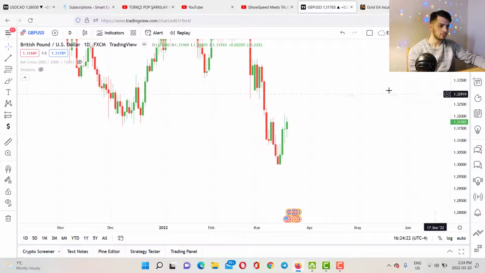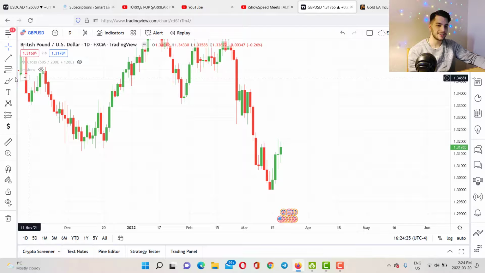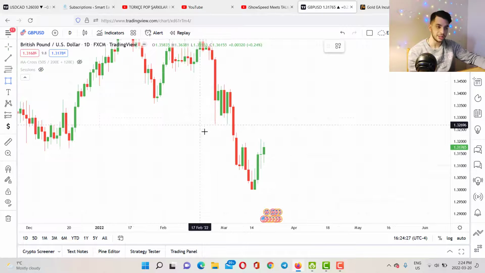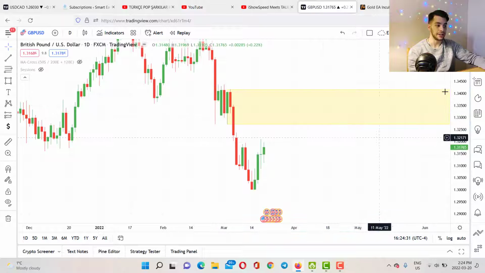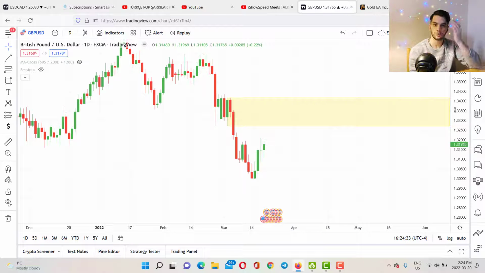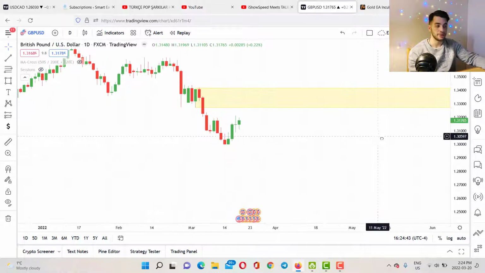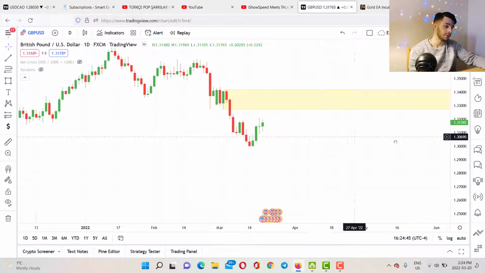But on daily time frame, I can see a high probability supply zone, which is from here all the way to here. See, and I can break it down in 4-hour, in 1 hour, in 15 minutes to get to a specific candle that is a high probability order block, or I would say a high probability supply zone, and then we can be more careful about that area because we probably can take a sell position over there. So this is for